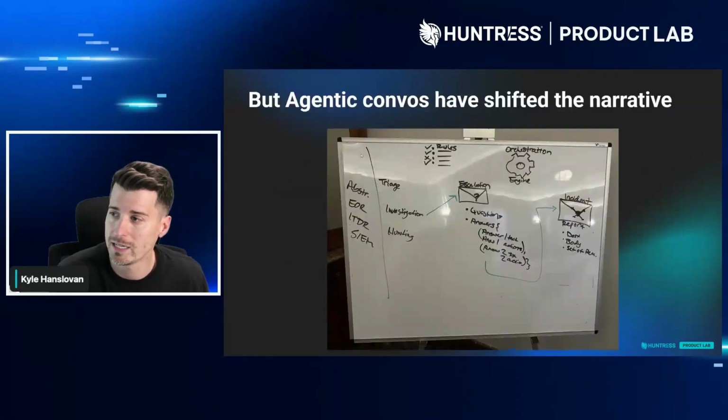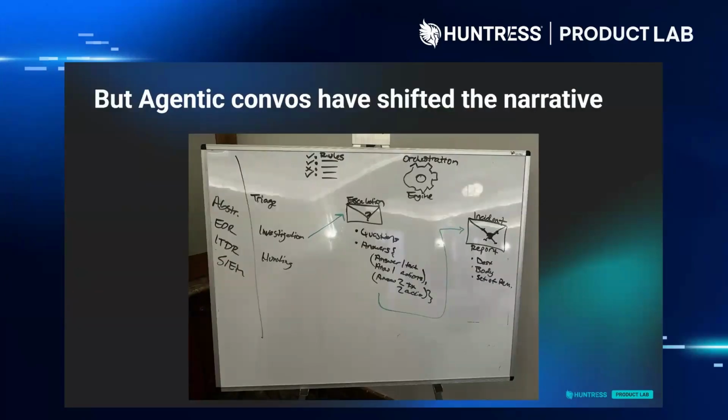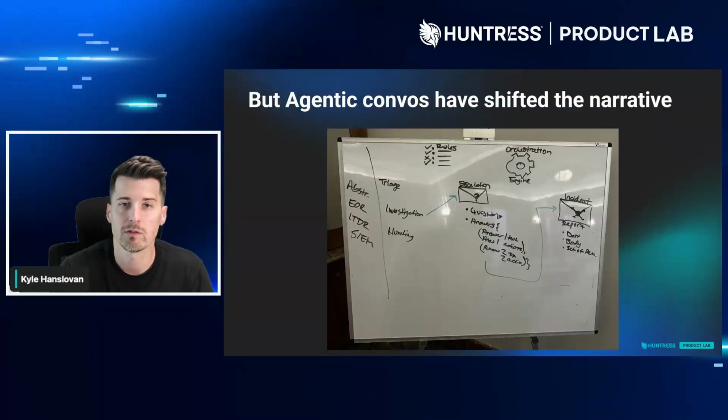But now what's exciting is agentic AI conversations have really shifted people's mindset. And we're at the level where Chris and I want to have a little bit of a conversation with you all. We believe that what is truly needed now, that people are becoming more willing to allow some automated remediation, is probably some room for maybe some fancy rules and some orchestration engine. But before we get there, I want to start it out with a quick poll.